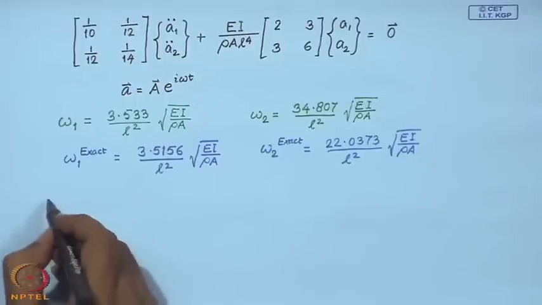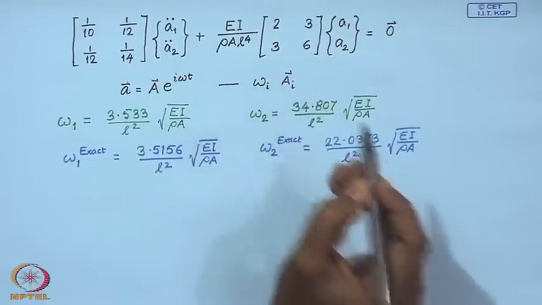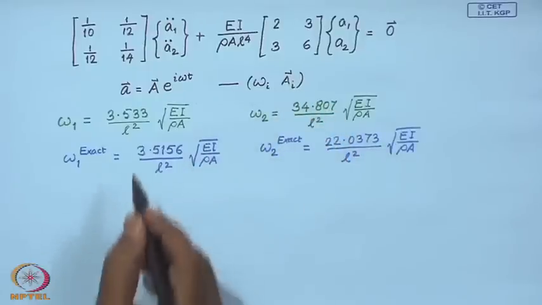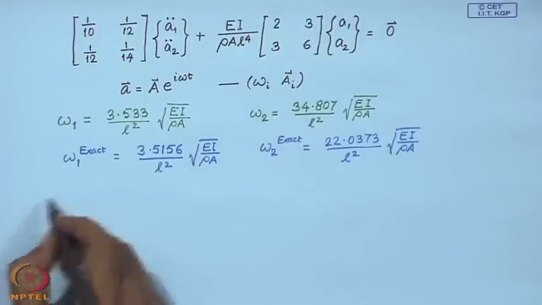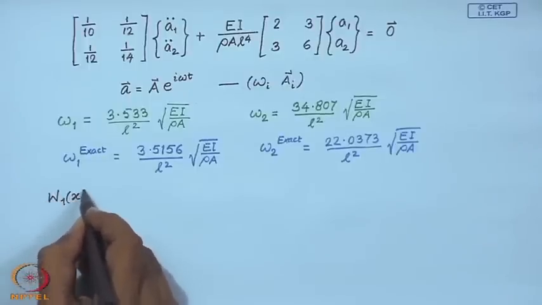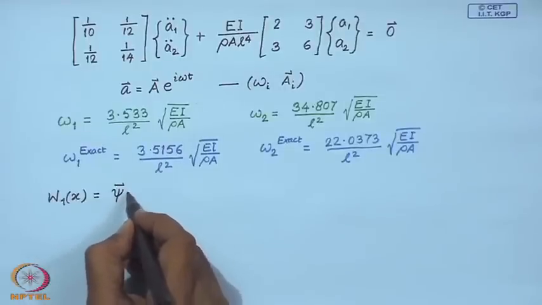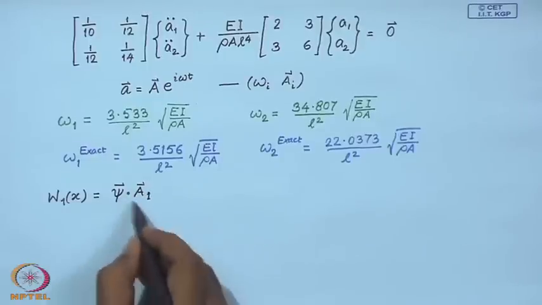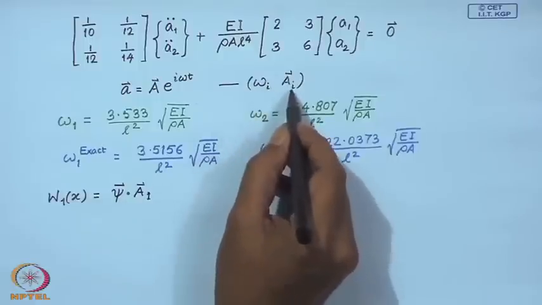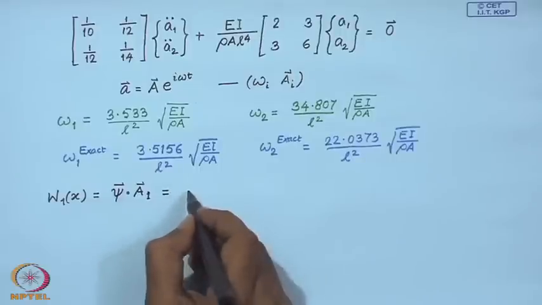Now, let us look at the eigen functions. So, when we substitute here, we are going to calculate omega and a. So, the eigen pairs. So, we are going to get these eigen vectors, and using these eigen vectors we actually construct our eigen functions using the expansion that we have used. So, we do a dot product. So, the first eigenvector that we get corresponding to omega 1, which is a 1. If you dot product with the vector of the admissible functions, you get the first eigenfunction, and this turns out to be